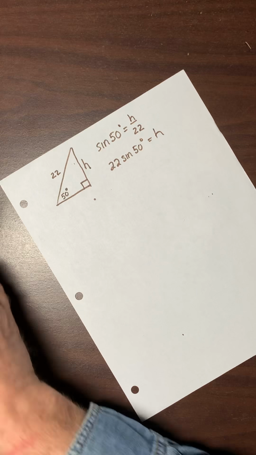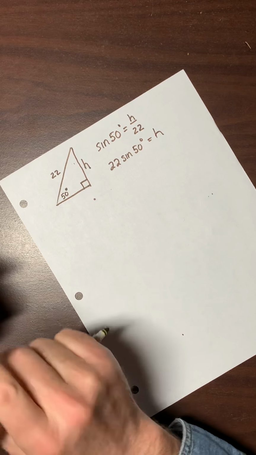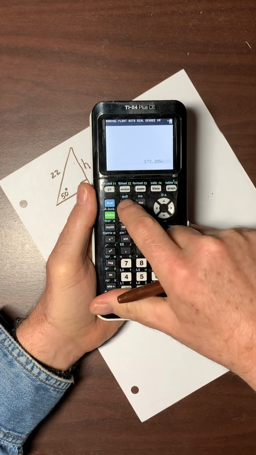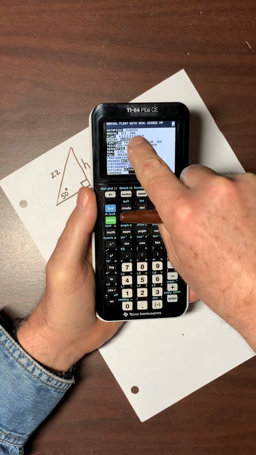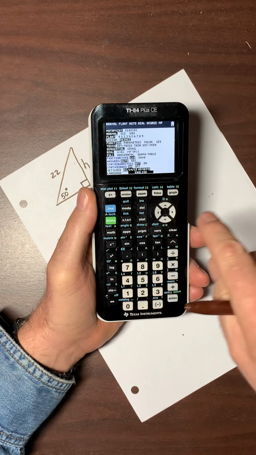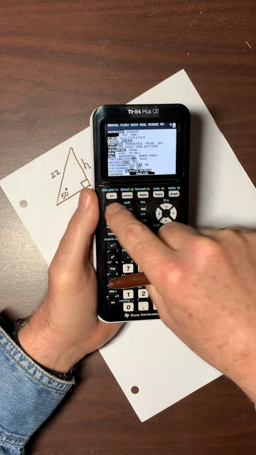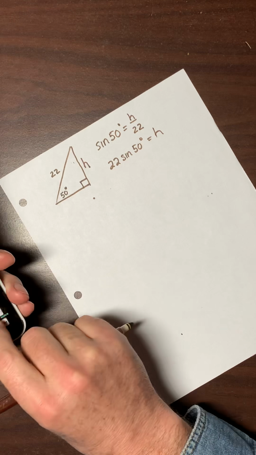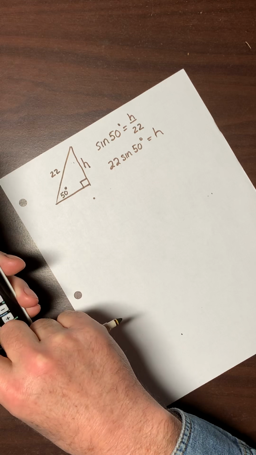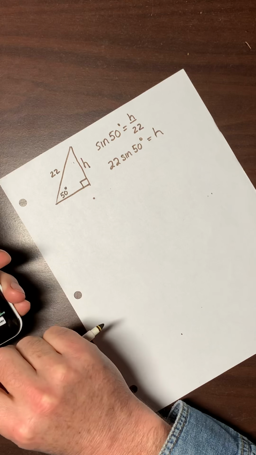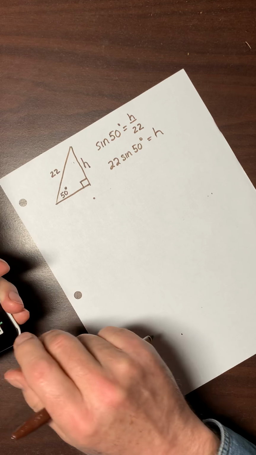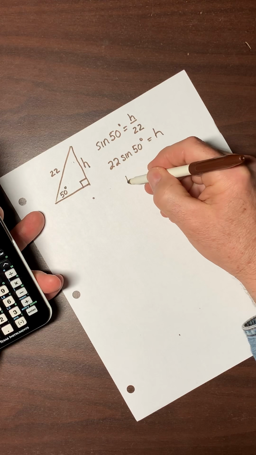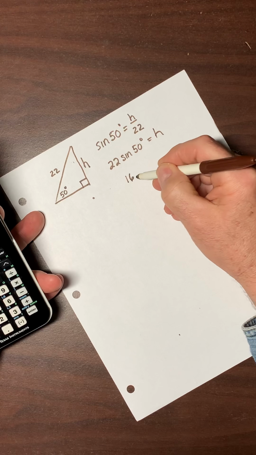So I'd go to my calculator now. And once I get to my calculator, the first thing I'm going to do is hit my mode button to make sure I'm in degree mode. And I am in degree mode. And I recommend that that's the first thing you do also. I need to be in degree mode for all these problems. And I'm going to do 22 sine 50 degrees, close that parenthesis, hit enter. And we're going to round to the nearest hundredth on this. And we're going to get 16.85